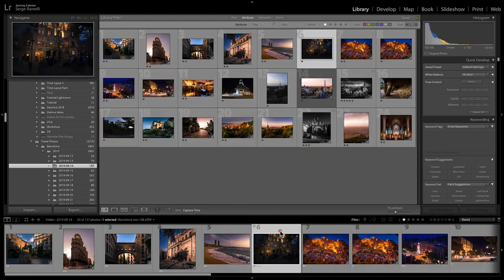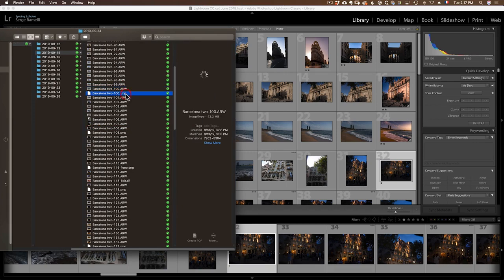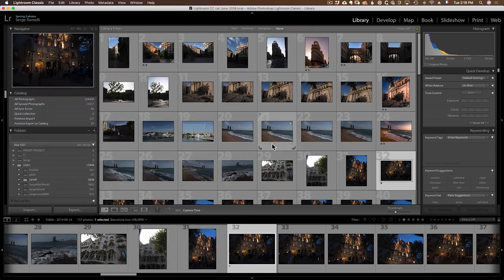So for example, if I take this photo and I right click and I go show in Finder, you see what it does. Every photo, not all photos, but every photo where something has been done in Lightroom, well, there is an XMP file for it. It's going to create a little XMP file for every photo that I retouch. So then when I do my synchronize trick, not only am I importing the photos, but I'm importing the retouching. But this is only if you're using a Dropbox kind of system where all the photos you're taking, everything you're importing as you travel goes into the cloud and goes into your main computer.